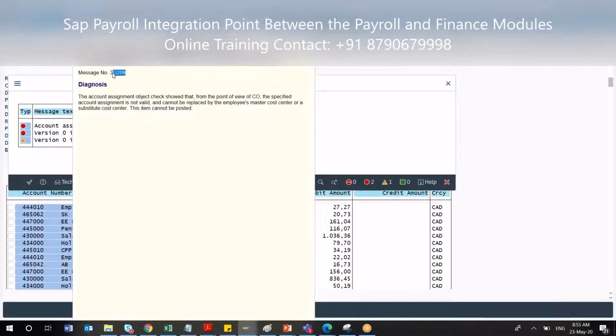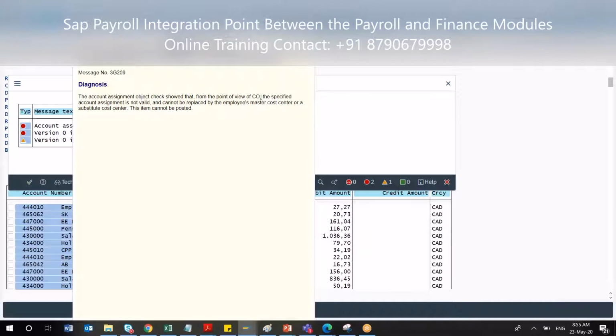Whenever you are talking to SAP, you can mention this message number, saying this is the message I am getting. Suppose you are not able to troubleshoot yourself after checking the configuration and all, you can come back here and diagnose this error. If you're able to solve it along with your finance consultant, then it is well and good. Otherwise, if you're raising a ticket to SAP, you have to mention this message number, saying this is my error. And in this example, you can see it from the point of view of CO.